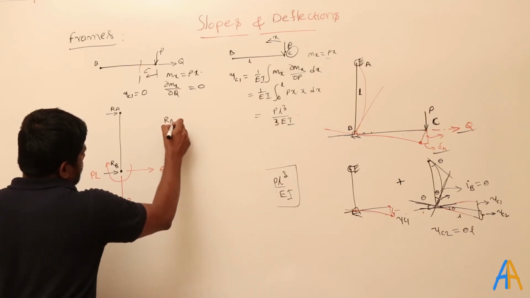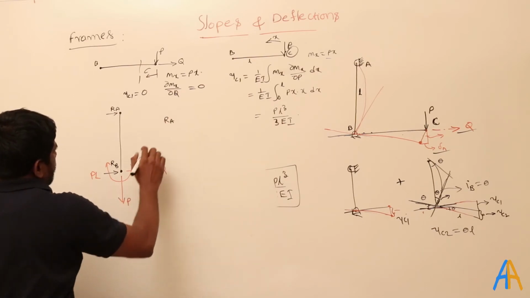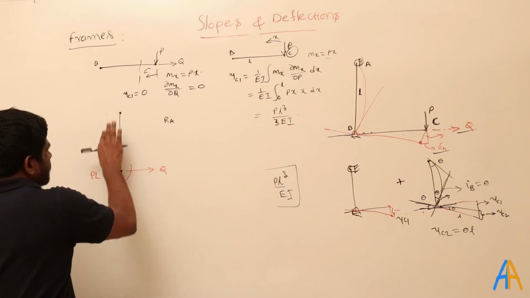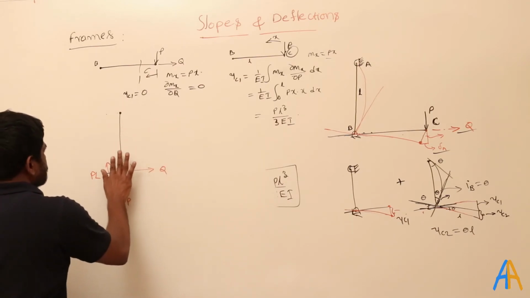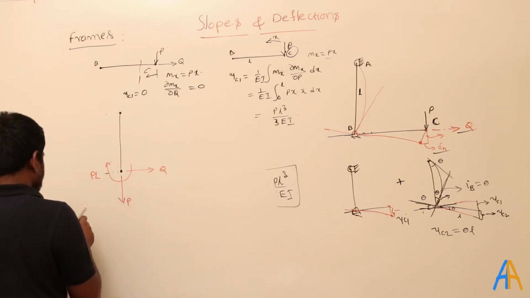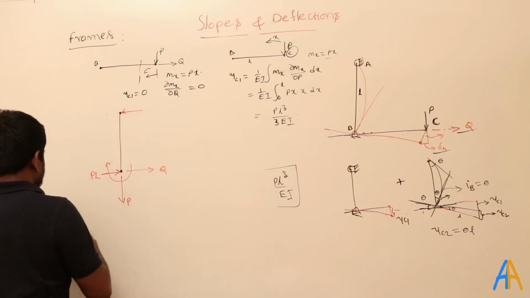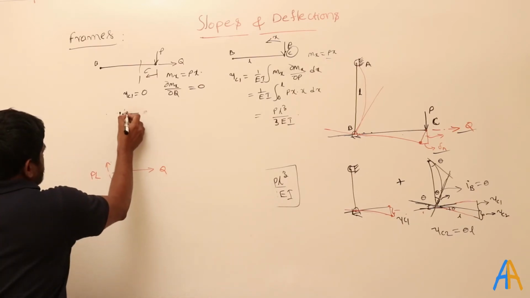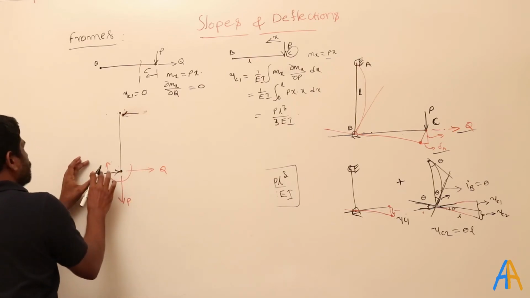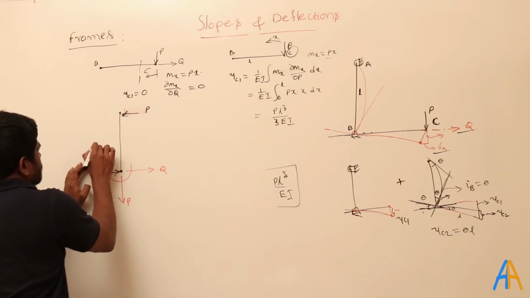So here RA plus, otherwise previously we found, let's assume that there is no Q. We need to always go the safe way in the examination. Let's assume that there is no Q. When there is no Q, we know how to find out this. This is coming here and then this is going like this. Otherwise I will write in the black color, I'll keep red here. Why confuse this? So this is coming like this to oppose the moment here, then its value is P and here its value is P.